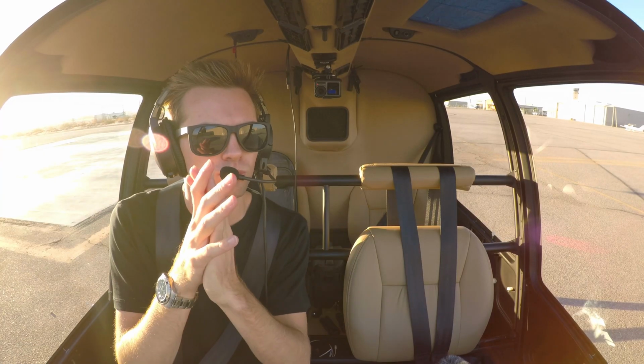Previously, I only used to record audio to the forward-facing GoPro, meaning that I had to manually sync the audio from the rearward-facing one. That GoPro only records the aircraft noise, meaning that there is no audio to try to link it together. I would have to manually do it by clapping, and then line up my claps in post from the forward-facing GoPro and the rearward-facing GoPro, delete the rearward-facing GoPro's audio, and only use the forward-facing GoPro. And if I forgot to clap,